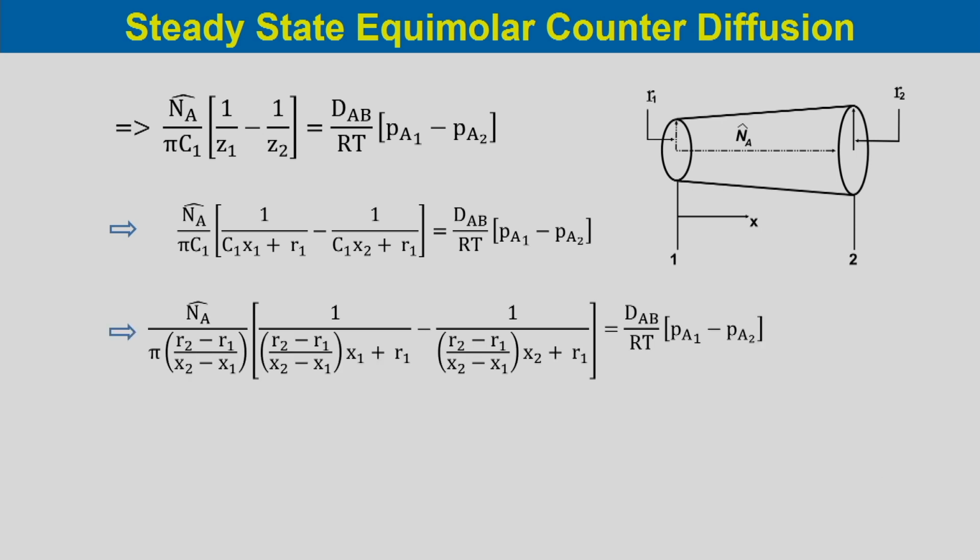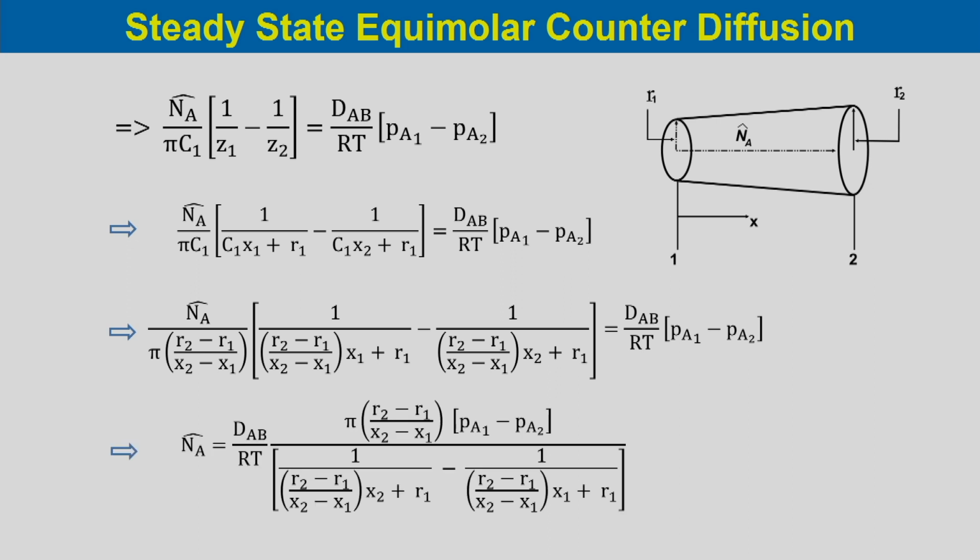So, now if we substitute CA1, it would be NA cap divided by pi R2 minus R1 divided by x2 minus x1 whole into 1 by R2 minus R1 divided by x2 minus x1 into x1 plus R1 minus 1 by R2 minus R1 divided by x2 minus x1 into x2 plus R1, which would be equal to dAB by RT PA1 minus PA2. So, finally, if we rearrange, the molar flow rate NA cap would be equal to dAB